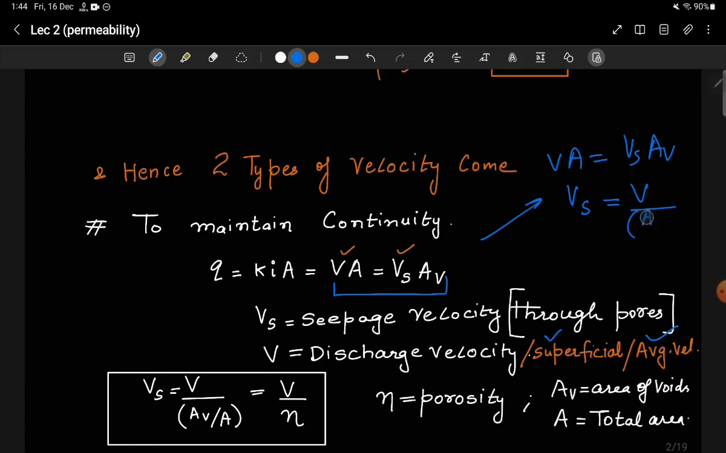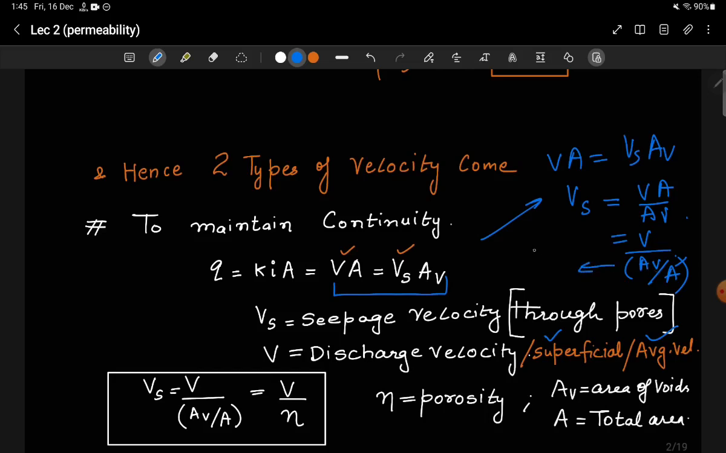One second. I think I have made some mistake. So Vs will be VA by Av. We can write this as V times A by Av, because one A can go up from here. And this ratio Av by total A can be written as